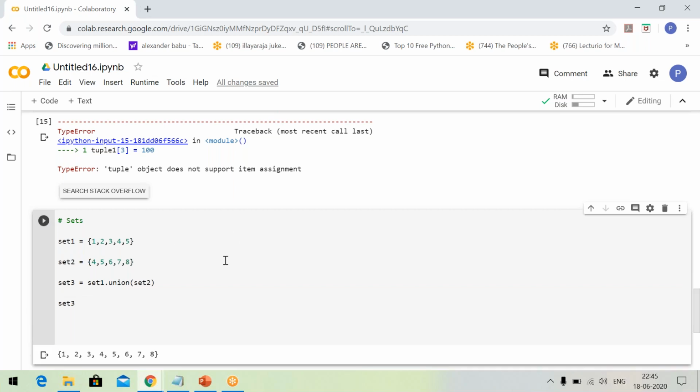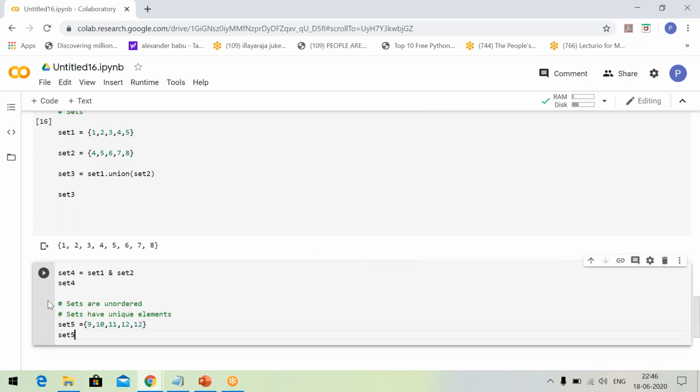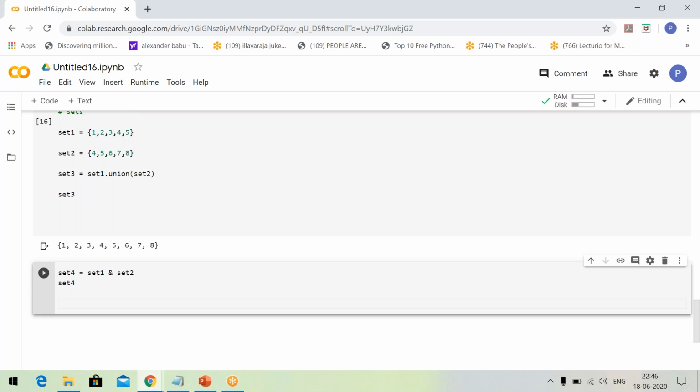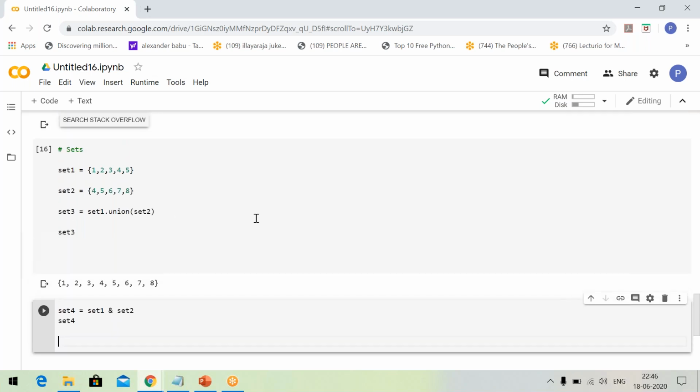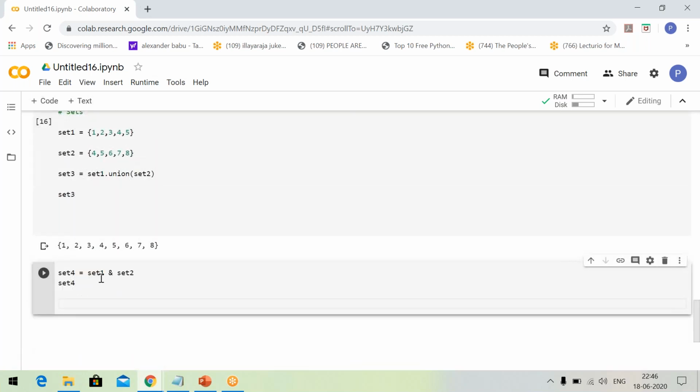Let us execute. Wow, we get the output that we expected. All these values are found here. All these values are also found here, but 4 and 5 are written only once. Pretty clear, but still we want to know it. Now you may ask, what is the application of sets in Python? Sometimes you have to filter certain amount of data from a table and filter certain amount of data from another table, and then probably you may want to join them together, or you may want to do further filtering.